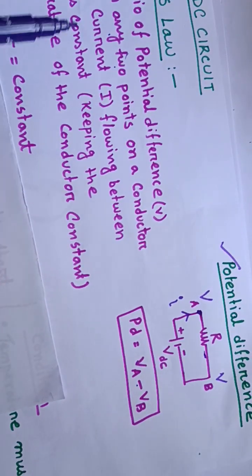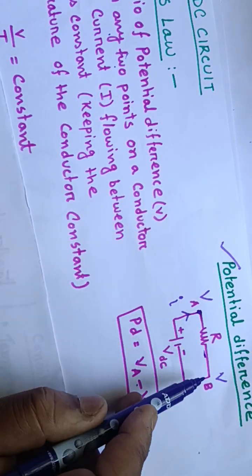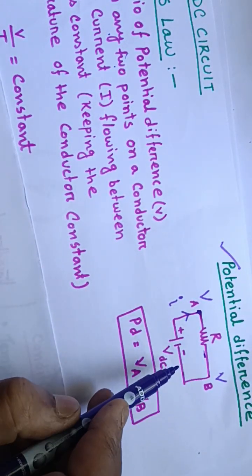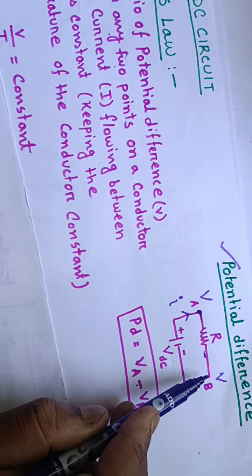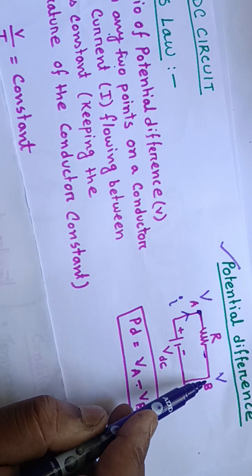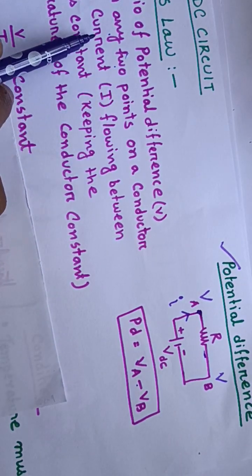That means the ratio of potential difference. So before that we have studied about the potential difference using this simple circuit, right? Potential difference means the difference of two voltages of two different points of the circuit, right? So the ratio of that potential difference